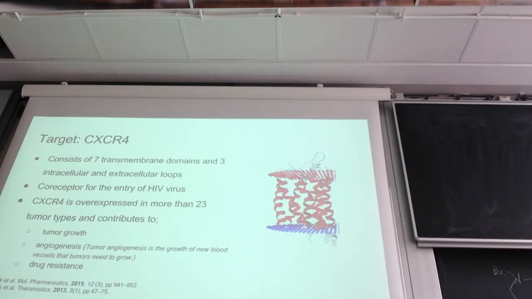So it does do a lot of good things, but the problem is that it's also connected to the entry of HIV cells, as a co-receptor. It has also been shown to be overexpressed in tumor cells, where it is assumed to contribute to tumor growth and angiogenesis, which is the growth of blood vessels to support the tumor, and also drug resistance. And